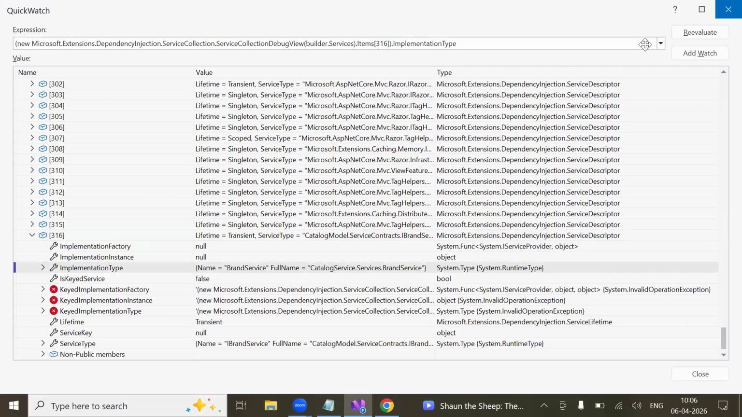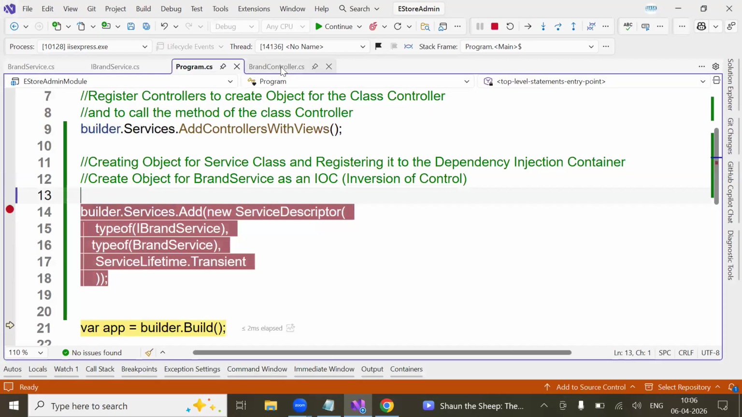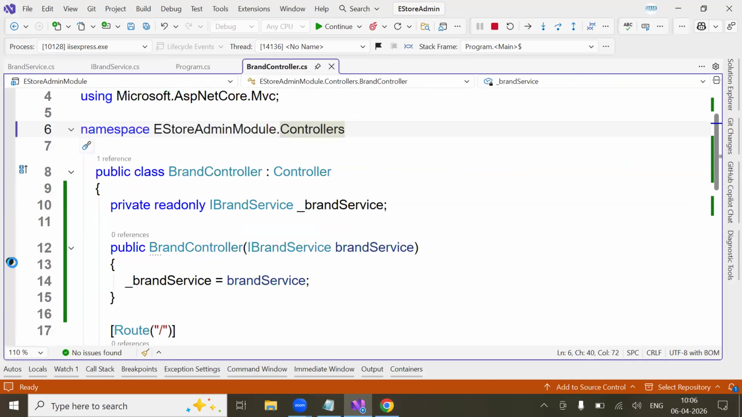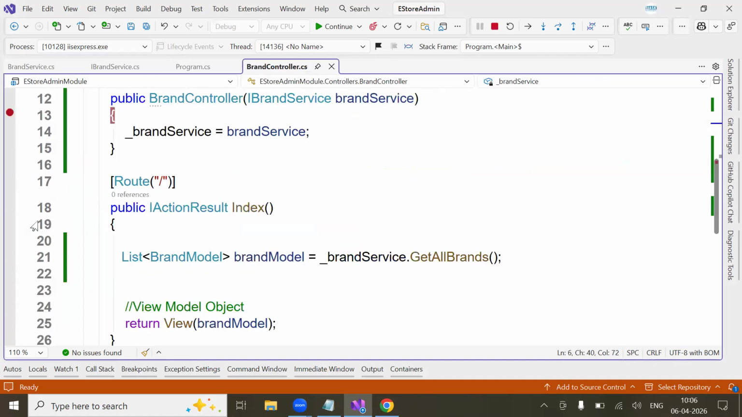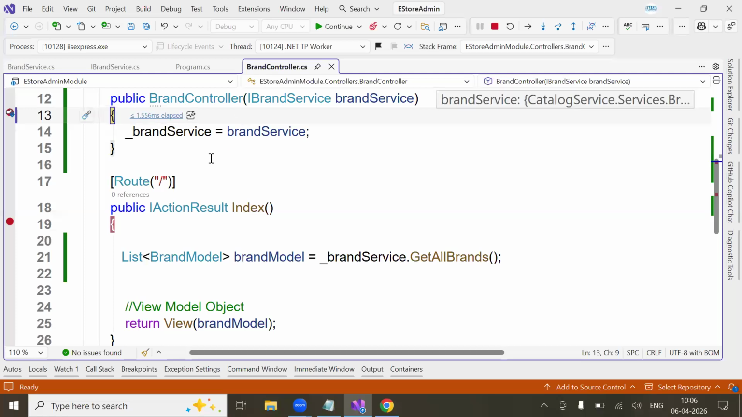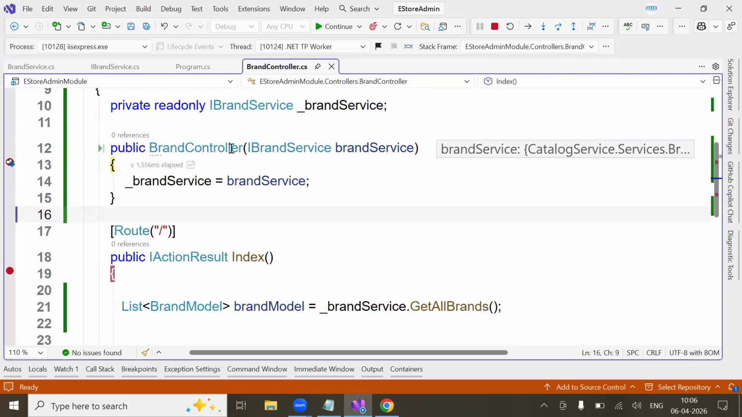Now what I'm doing, I go to my brand controller, put a breakpoint here, and then in my route method, put a breakpoint here. When you continue, you got a brand controller class injection. Object is created or not? Yes, sir. That object,